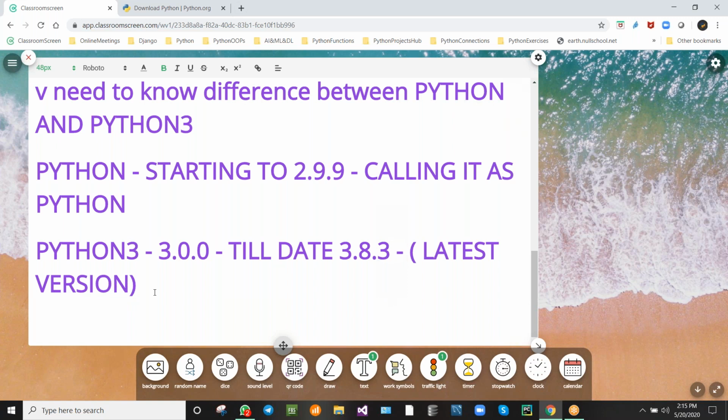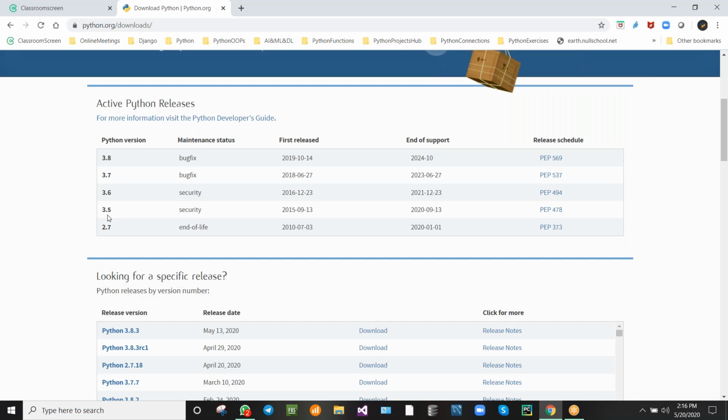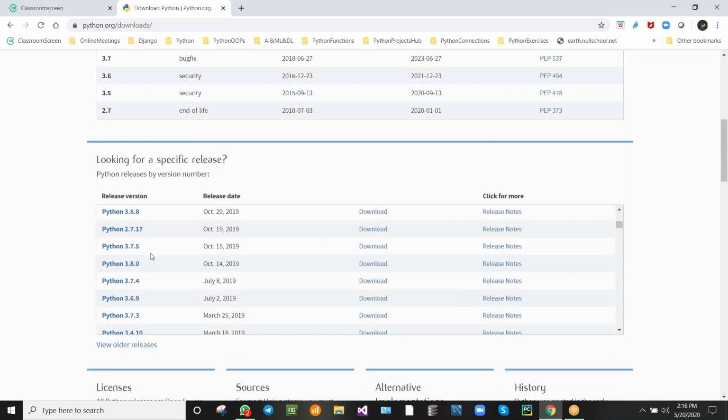If we are downloading from here, click on downloads. You can see some of the versions: 2.7, 3.5, 3.6, 3.7, 3.8. These are all the different versions.